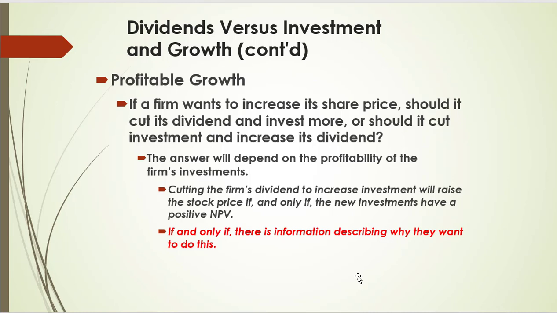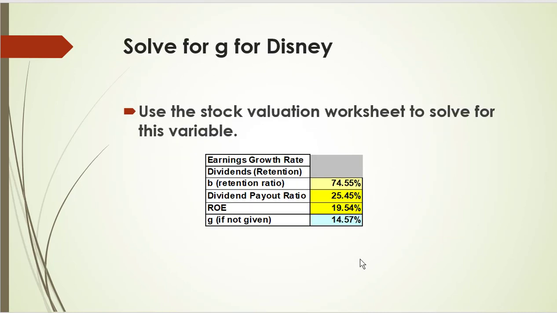Sorry. So, one caveat that I have here is that we have to keep in mind that this is true if and only if there's some information describing why we're doing this, right? If investors don't know why you're reducing the dividend, they will assume the worst, not the best. We can also use G for growth using the time, this is using that retention model using information from the